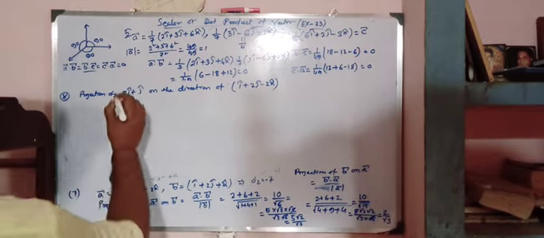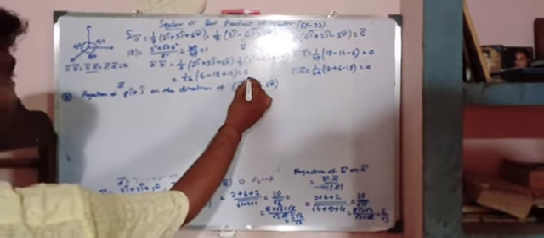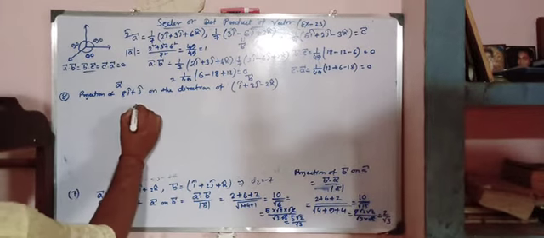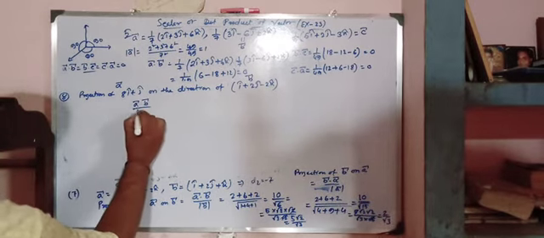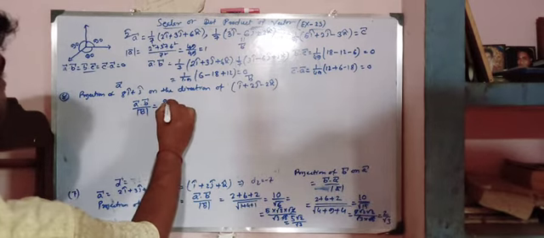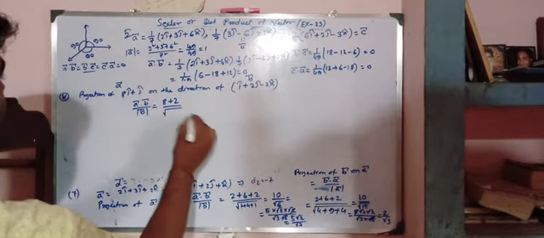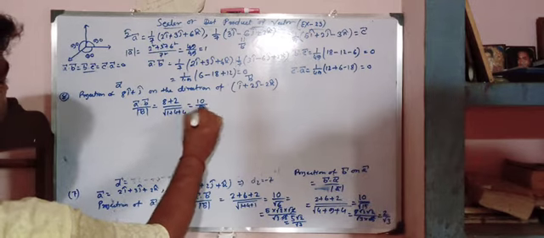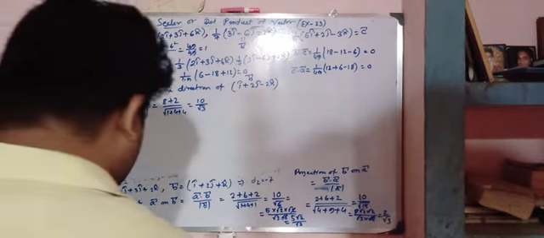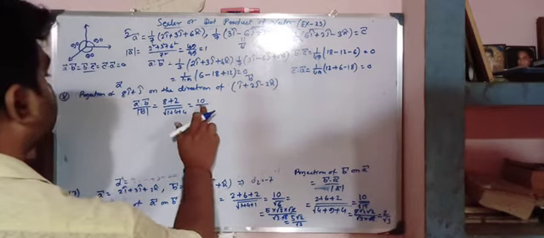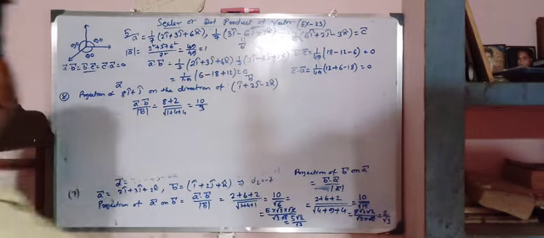Okay, so let us take this as A vector, this as B vector. So we have to find projection of A on B. That's equal to A dot B by mod B. We know that's equal to 8 plus 2 divided by root of 1 plus 4 plus 4, that means 10 by 3. Okay, next move to another question.